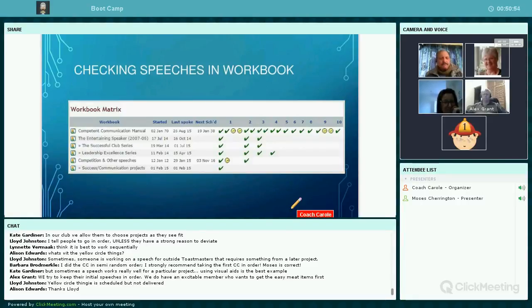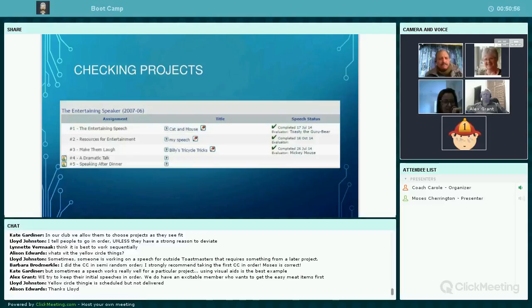So the third thing that Minnie can see when she looks at her speech progress is deeper into the particular advanced manual that she's working on right now, and she can see what she has completed and what is yet to be done. This is a very useful tool that will help the member to determine what their next speech is going to be about. And they can do that in either of their clubs if they are a member of multiple clubs. Okay, so that was one thing.